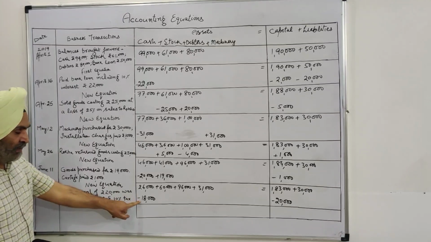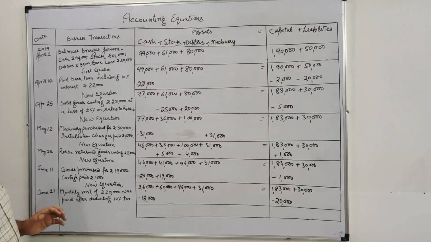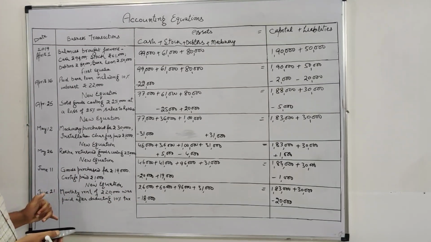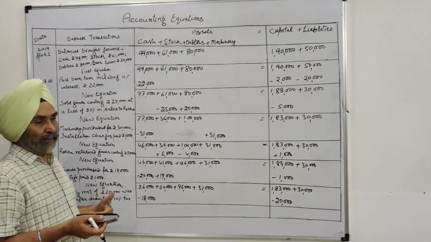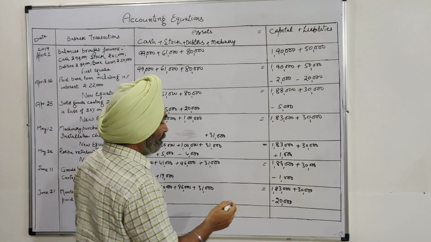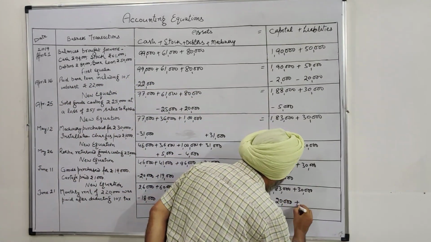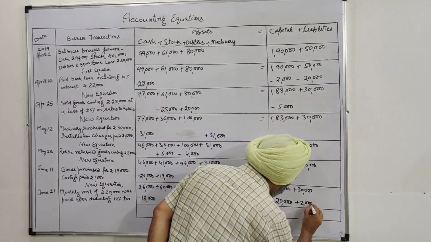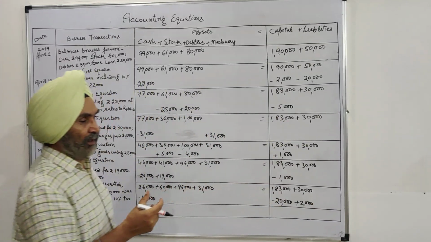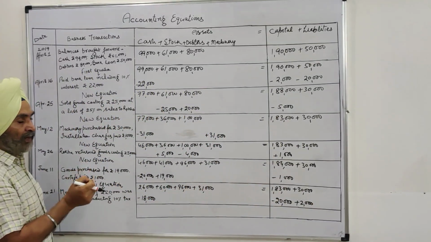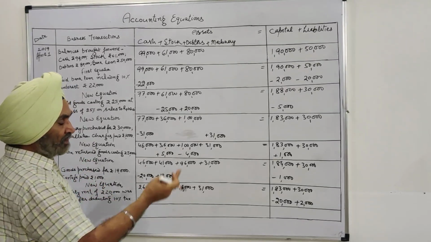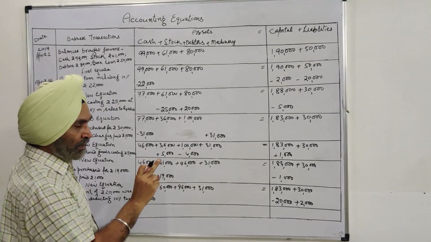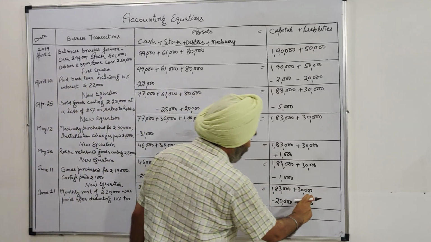Okay, cash we have paid 18,000, and the amount of tax which we have deducted, this is a new point. This is our liability towards the government. We have to pay this tax to the government. We are deducting on behalf of the government. We have collected on behalf of the government. Hence, this tax is payable to the government. Hence, this is one of our liabilities.